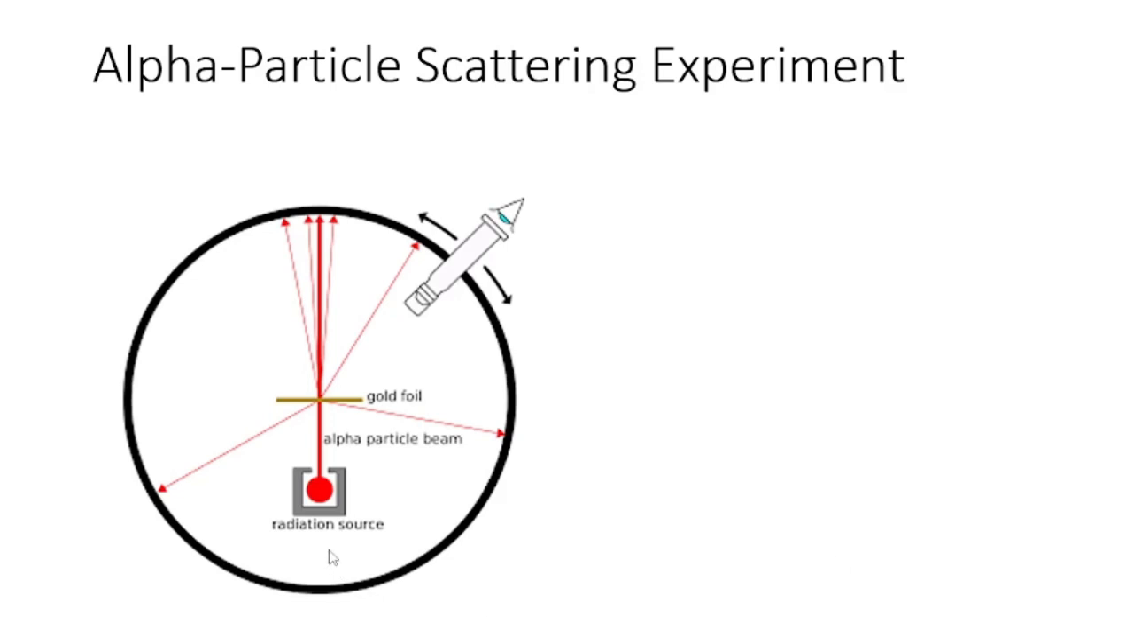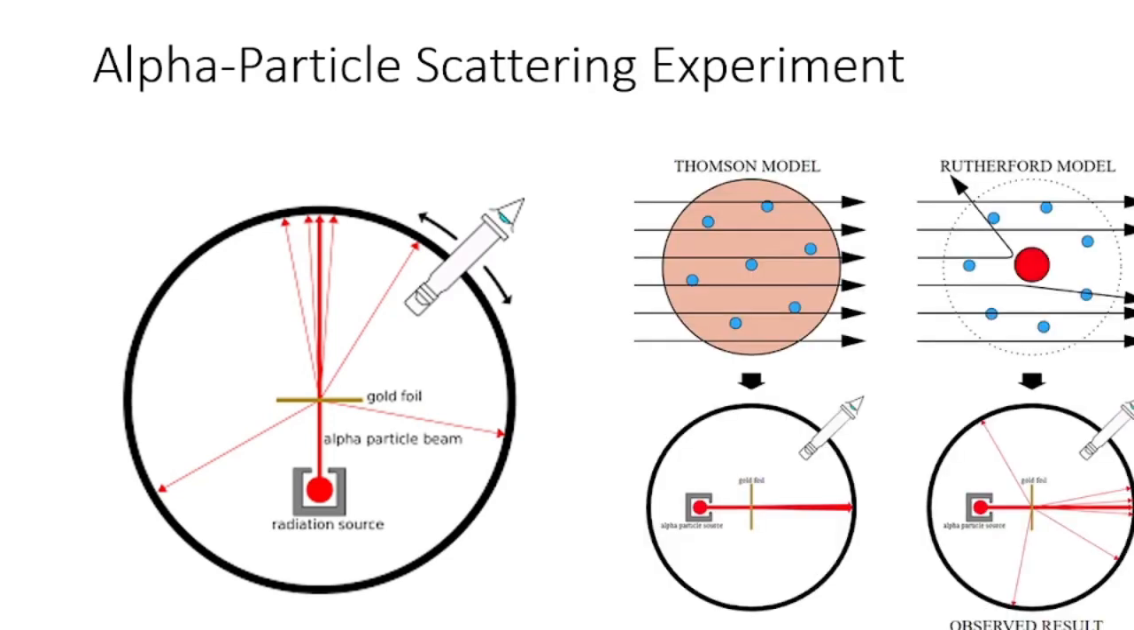A radiation source is a source of alpha particles, and they are directed towards the gold foil. And what were the expectations of the experiment? Based on the plum pudding model, Rutherford and his team expected that the alpha particles should pass through the gold foil with minimal deflection. That is because the positively charged protons were thought to be spread out across the entire atom. So most of the alpha particles should not deviate or scatter, they should just pass through